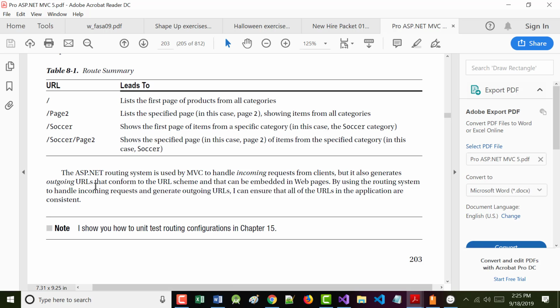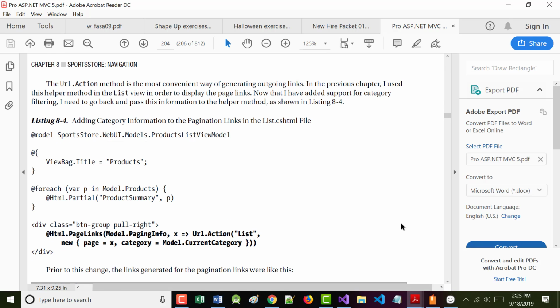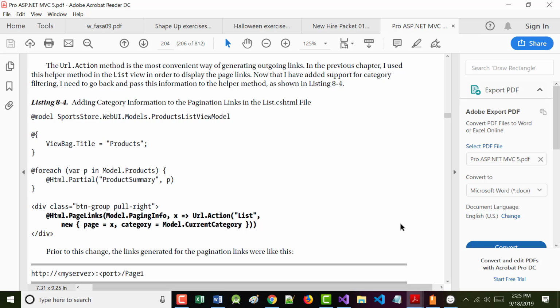All right? And you have to take control so that when your controller calls a view, it does the thing you want it to do. And that's kind of what the author is saying here. It says, I will show you how to unit test routing configurations again up in chapter 15. All right?